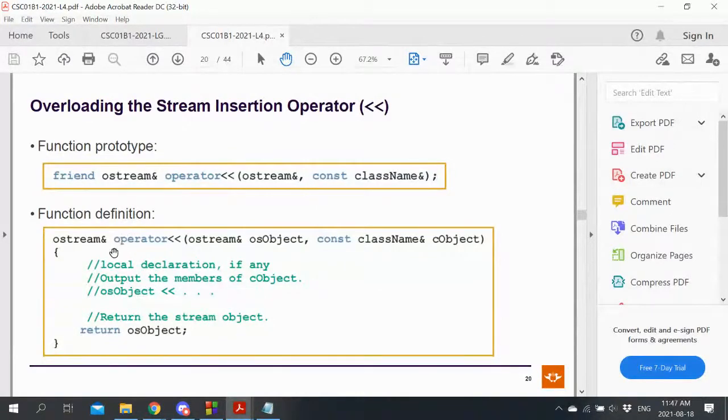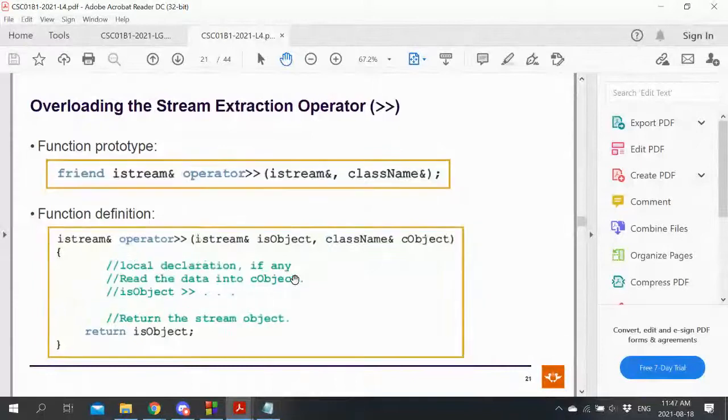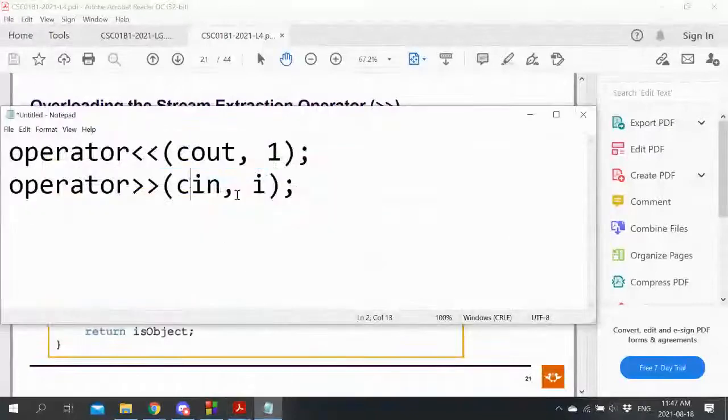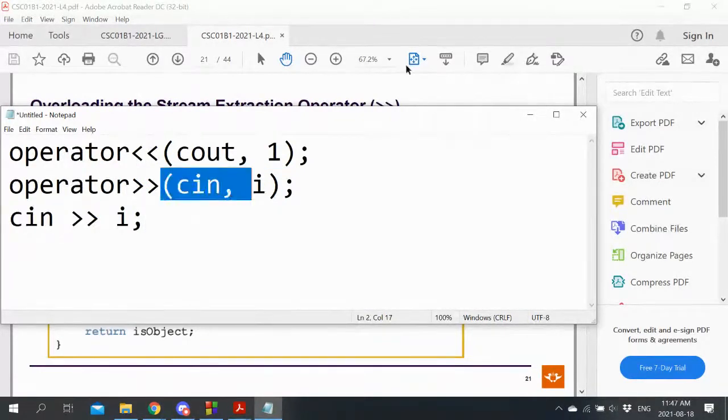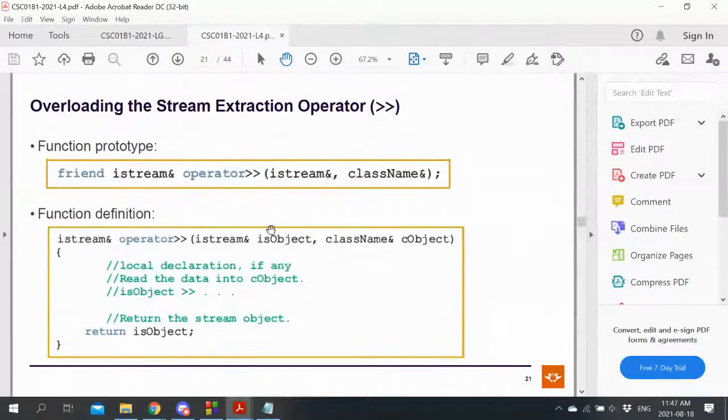And again, remember, it's a friend function, so it doesn't get fully qualified with the function name. Then you do all the stuff, and you return the stream itself at the very end so that chaining can continue. Exactly the same story with the extraction operator, except now it's an istream, and we can figure that out easily just by remembering what a stream operation looks like. Input with that symbol, and then obviously the first parameter and return type must be an istream reference, and then carry on.